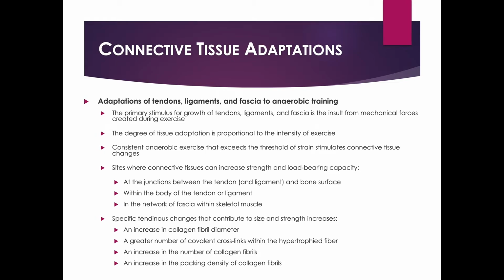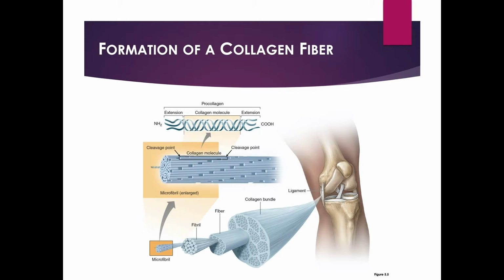The size and strength increases come from the laying down of that new fiber, the laying down of the collagen. So that's one of the things that helps out with the increase in strength, getting this greater structural protein. And it's layered throughout the muscle fiber itself, or through the myofibril, I should say. This is a structural protein all through these different tissues. And then, like I said, as we train, you lay down more of it and you get a denser amount of it, so it just adds to the strength of the overall tissue.